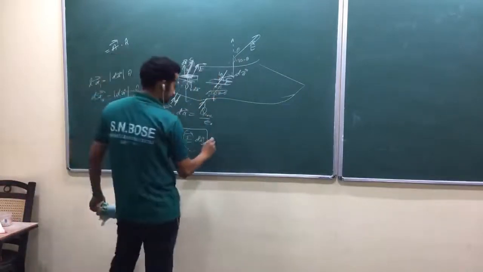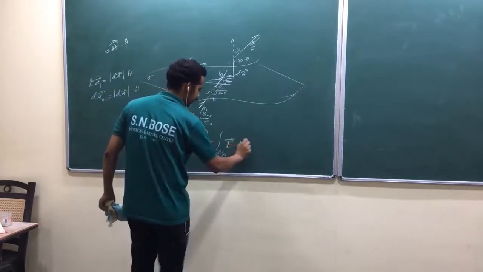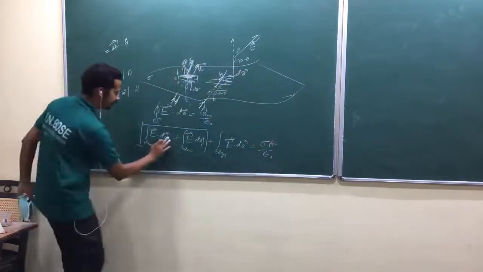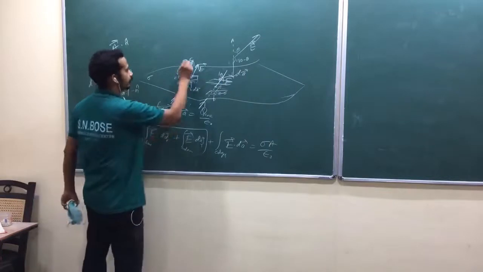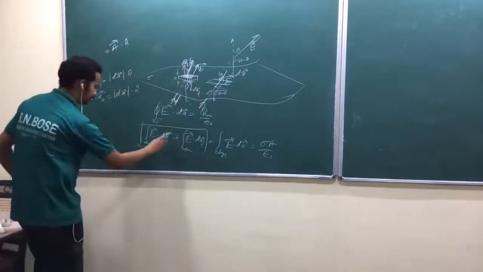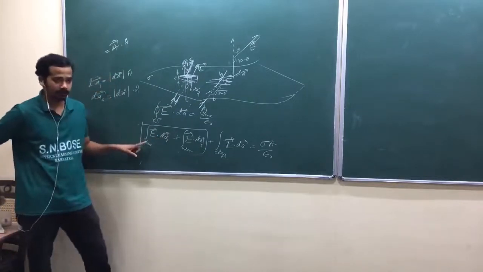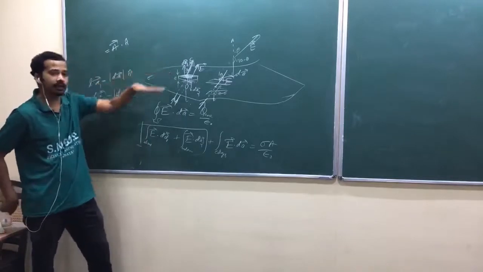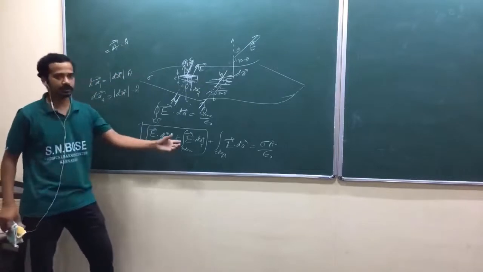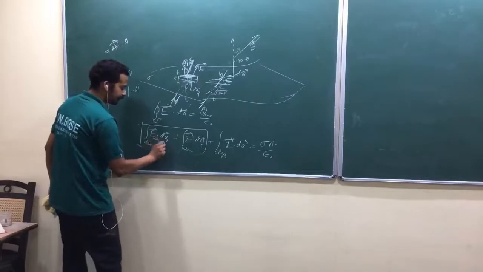Okay, plus the edge surface. E bar dot dA bar is equal to sigma A by epsilon naught. Okay, dA1, dA2. What is dA1? This is dA1. What is dA2? This is dA2, downward, below that one. Now apply. While doing this surface integral, you have to take the electric field on that above surface. Am I right? While doing this surface integral, you have to take the electric field below that one. So this should be the above electric field, and this should be below.